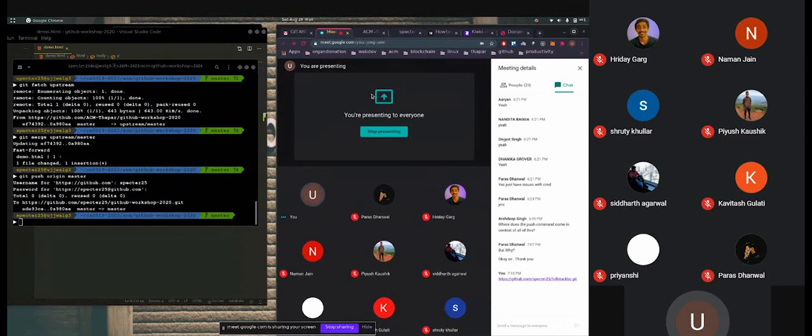Now, if you want to again make changes, we'll fetch the entire thing from the master branch of the main repository. We'll merge it with the branch we have locally on our repository, on our personal computer, and then we'll again encode. Right. So this is the entire GitHub workflow. We call it the upstream workflow.